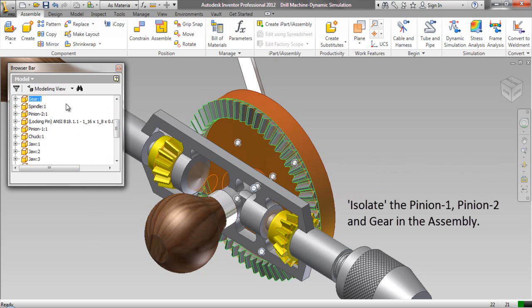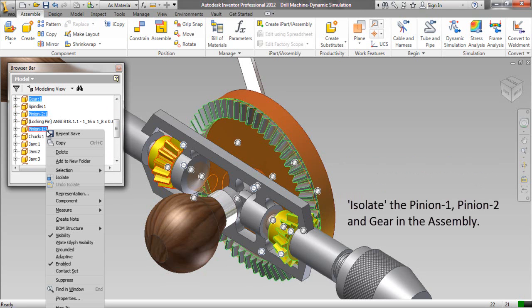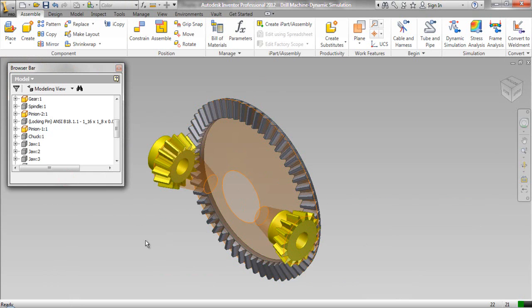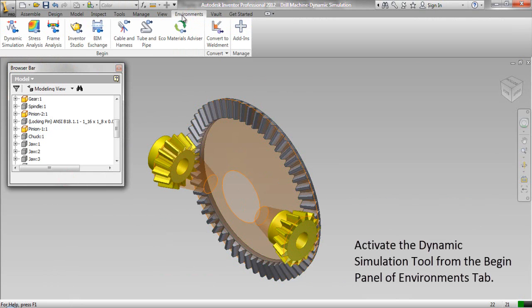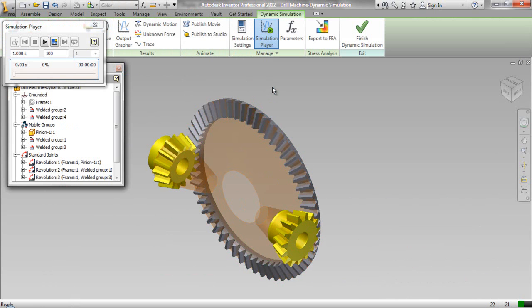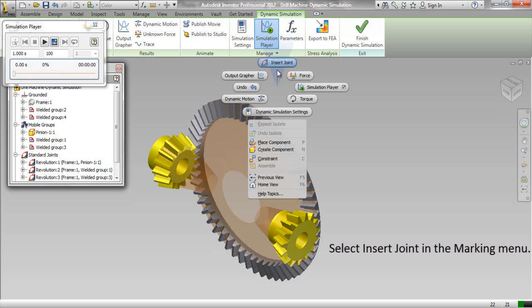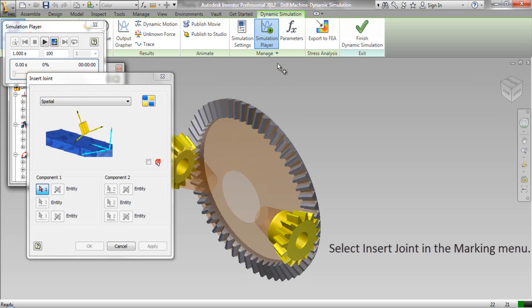Isolate the pinion 1, pinion 2 and gear in the assembly. Activate the Dynamic Simulation tool from the Begin panel of Environments tab. Select Insert Joint in the marking menu.